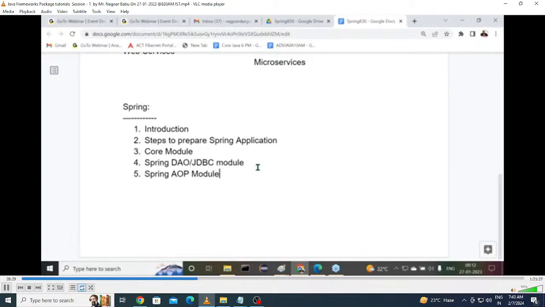When we start the server, immediately the server provides a message that the server started at this particular time. There is a log on the server console. When I shut down the server, immediately there is a message that the server shut down at this particular time. Okay, I started the server and deployed my web application into the server, so the application is deployed at this particular time. When I undeploy the application, again we have a message: this application is undeployed at this particular time. I submitted some request to my application, then the request comes from the user at this particular time, and the response is generated at this particular time. They are nothing but logs.